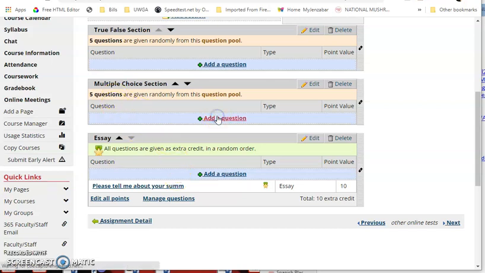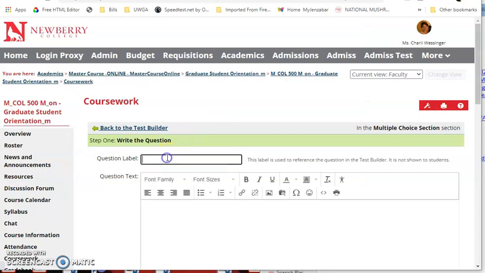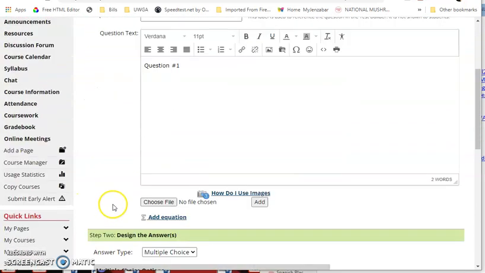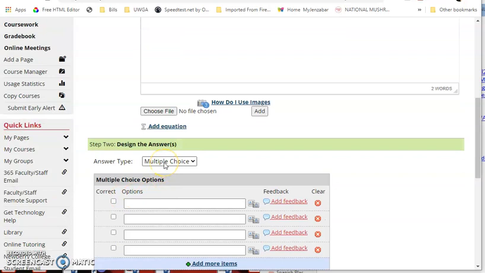All right, so let's add a question. And I'm just going to type in question number 1. You would put in whatever the topic is here. And remember, this is multiple choice section. So now I'm going to come down here and I'm going to leave it as multiple choice. And I'm just going to put answer 1, answer 2, answer 3,